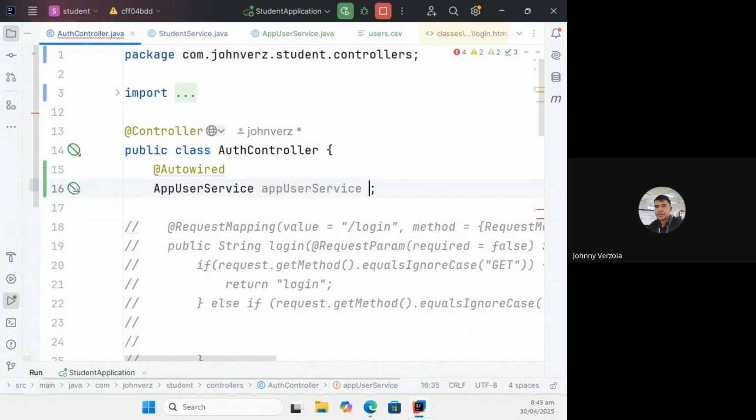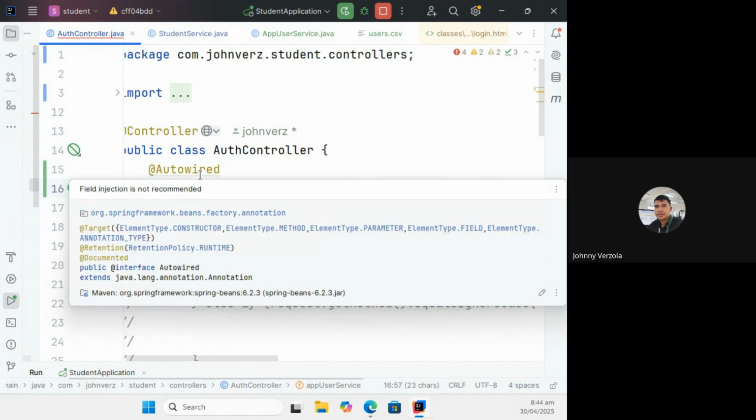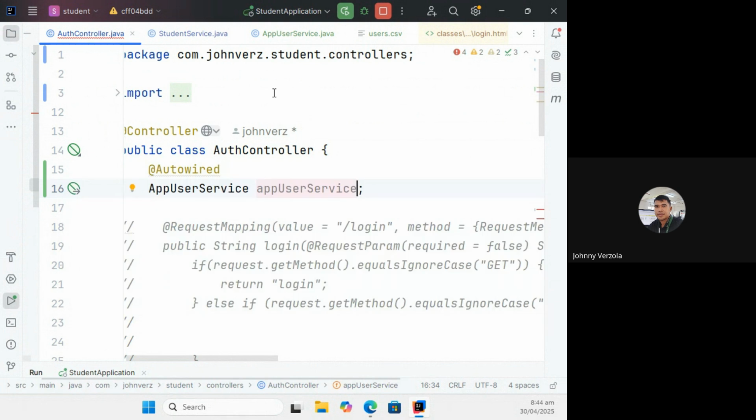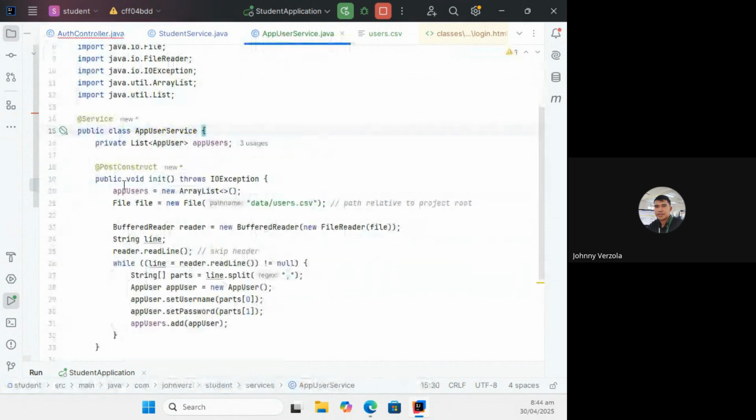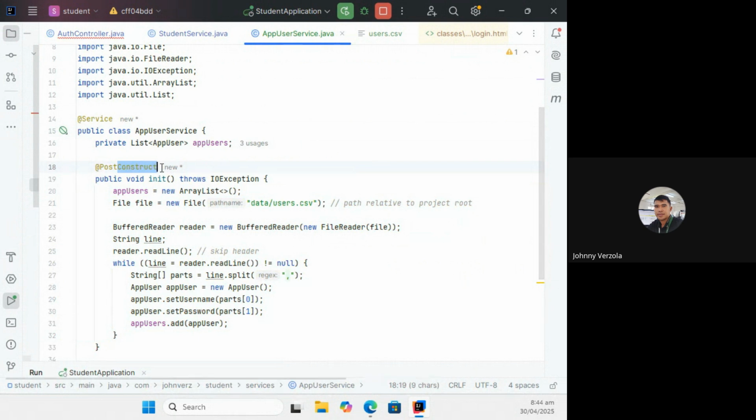In other words, it's not necessary for us to do it this way. This is not necessary anymore because AutoWired does the thing under the hood. We do not see it. It's going to automatically create the object for us. And what also happens here, if that is created, it's going to also execute this automatically after that is constructed. That's why the name of this is post construct. Okay? This will be executed after the constructor call, which is called typically after creating an object.